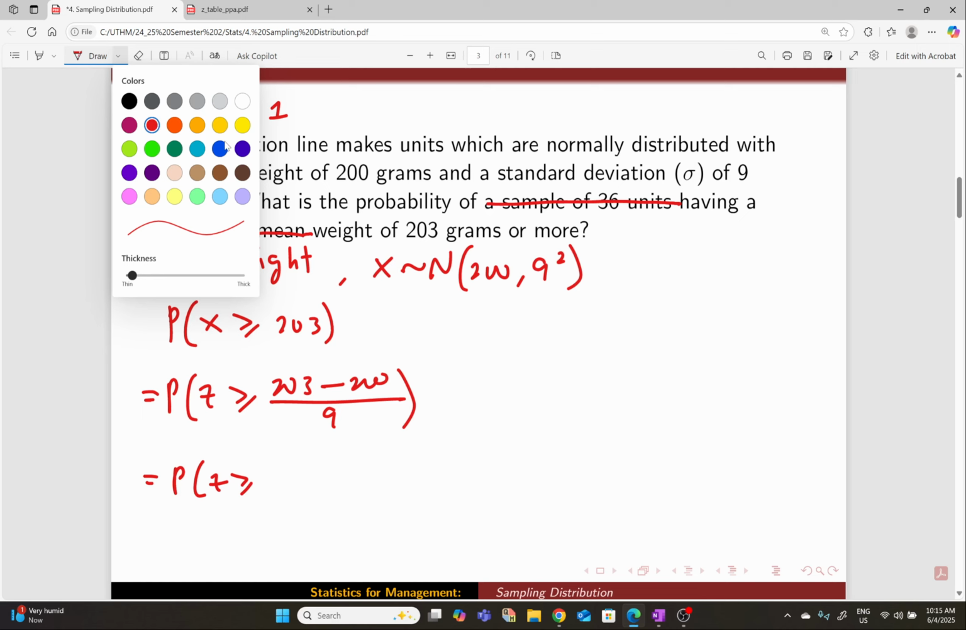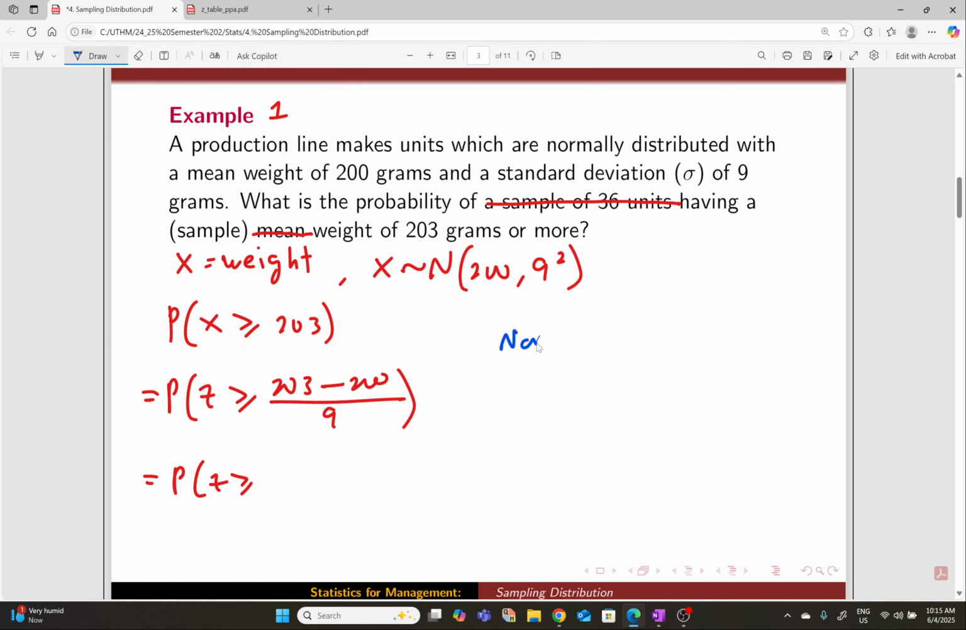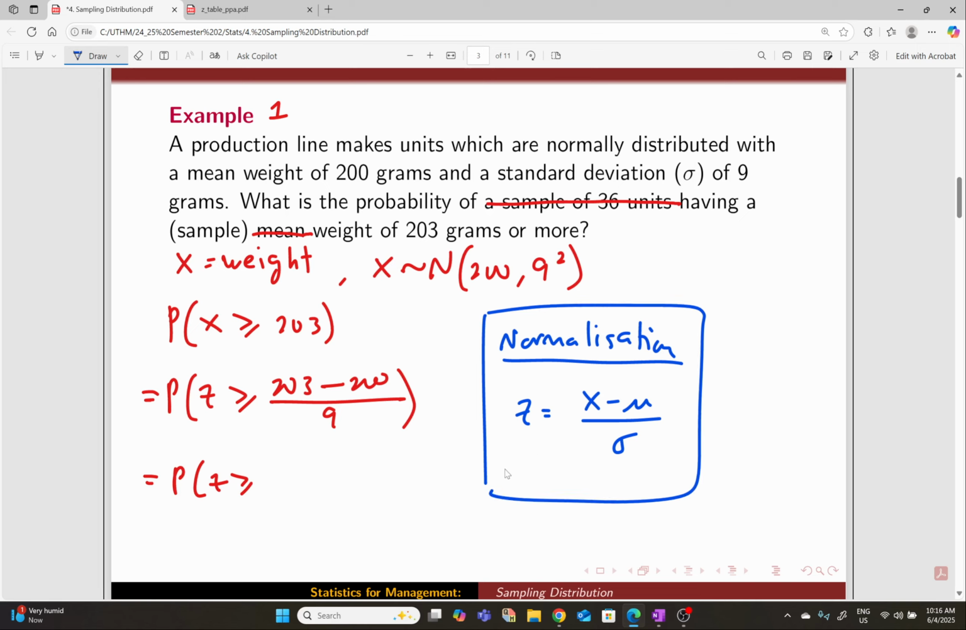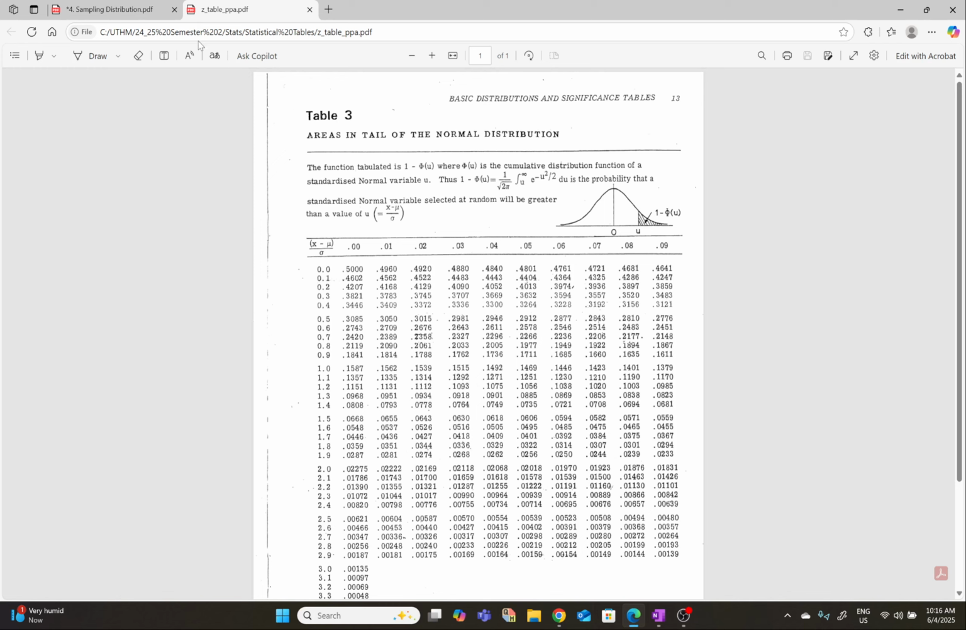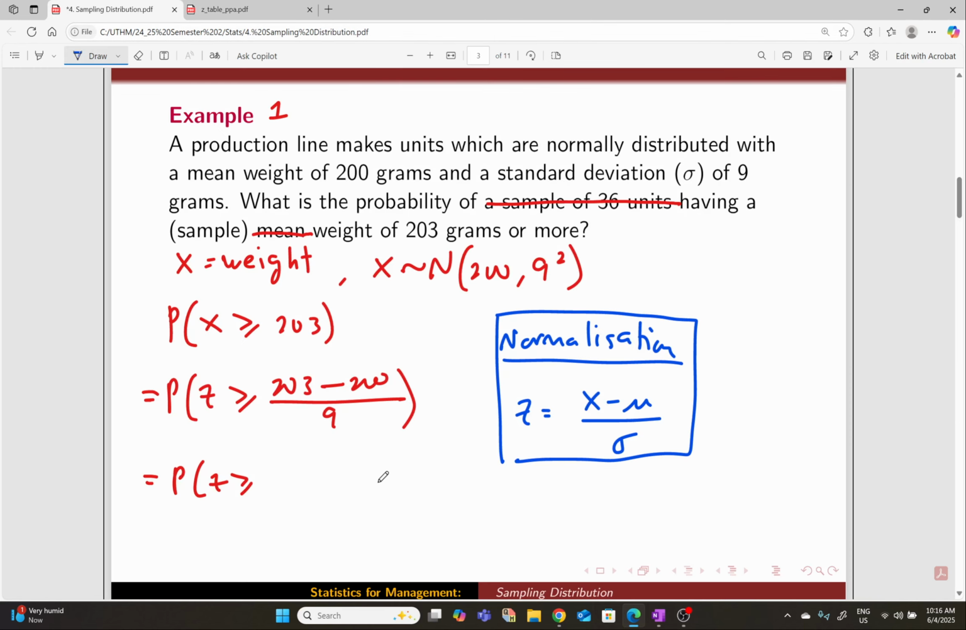Remember the formula, the normalization. Just recall back: Z equals X minus mean divided by standard deviation. That was the normalization formula. After this, because later we're going to refer to the table, I want 2 decimal places. So if I do 203 minus 200 divided by 9, you get